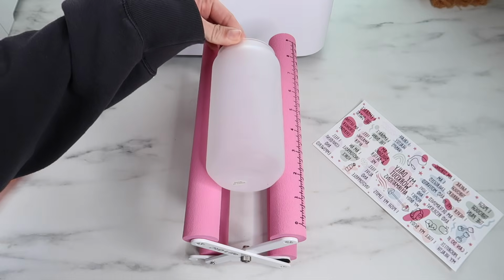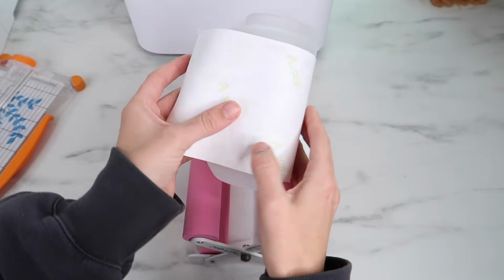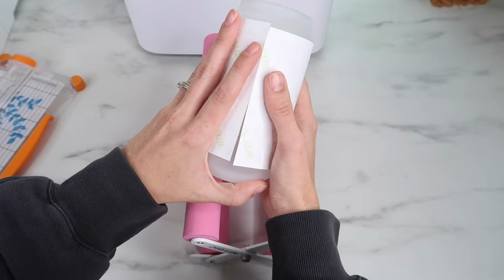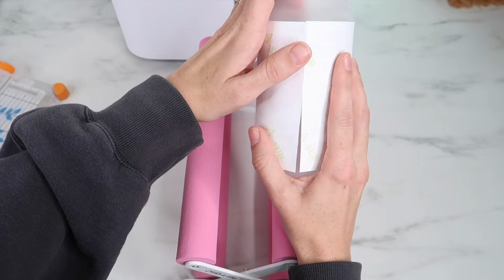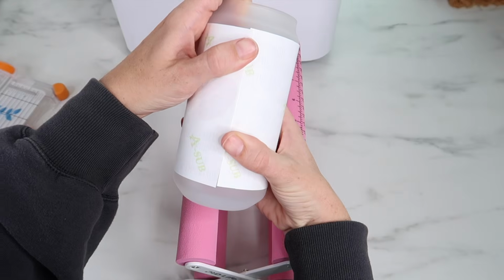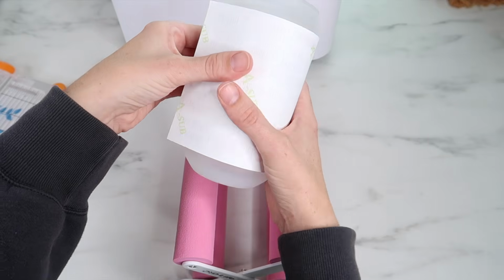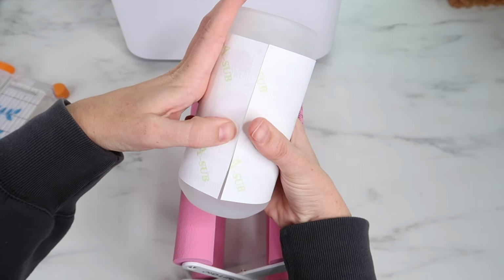These glasses curve quite a bit on the top and bottom, so you want to make sure the paper's nice and centered and flat, otherwise it won't transfer as well. I also make sure where the paper meets, it's lined up. So you can see the top and the bottom are not quite lined up, and that's what I'm trying to do here. I follow the same process with pulling the paper as tight as I can around the glass tumbler,